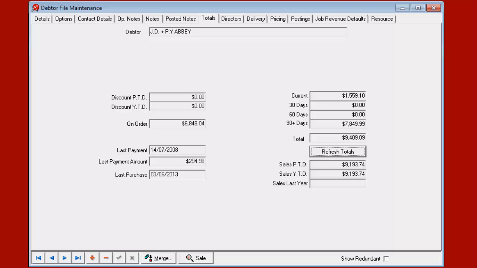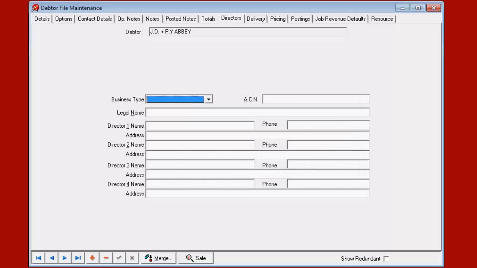Moving through these ones reasonably quickly, the totals here is just the current state of the account. So we've got what's on order, the current, what they owe, the last payment, that sort of stuff, last purchase, etc. Directors, sometimes we need to capture the directors of the company for insurance and that sort of thing,